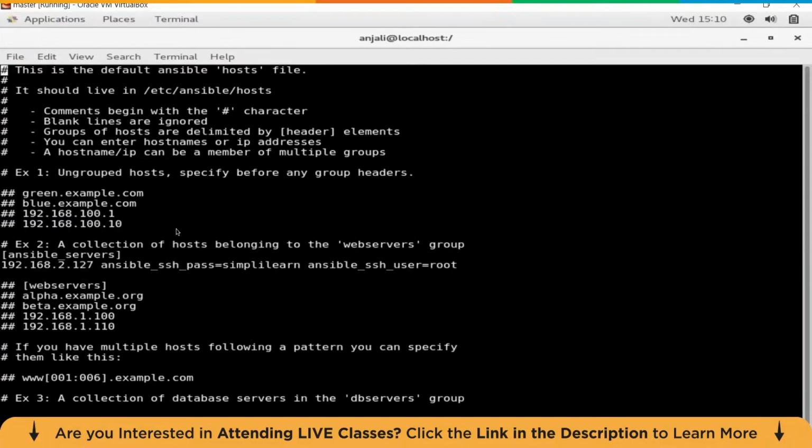And let's go ahead and see if it's installed correctly. So we're going to type in vi /etc/ansible/hosts, and there we see we actually have a default